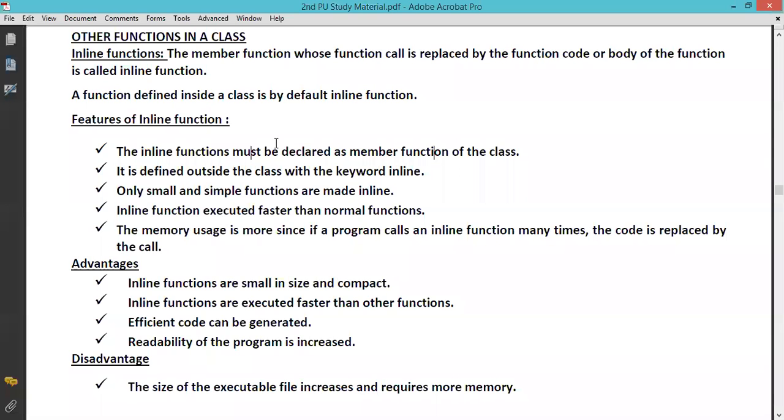Fine. Inline function, it is also a member function. It is a member function where the function call is replaced by the function code or body of the function. This means that whenever you make a call to the function,